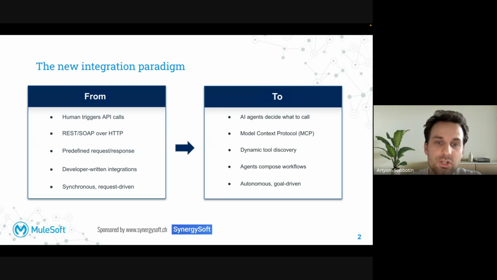And this shift doesn't make your existing investment obsolete. It's the main thought which I will try to bring across our session. So this shift makes it the foundation. Every experience API already aggregates the data for a specific consumer. Every process API already encapsulates the business logic an agent needs to act.